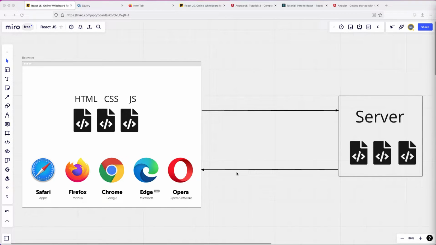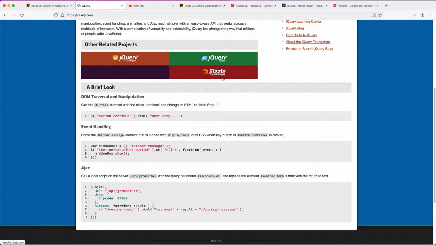Now, eventually jQuery came out, which allowed developers to easily interact with the DOM, or document object model, across all these browsers. So we didn't have that compatibility issue anymore. You can see that we have a JavaScript library over here, that is jQuery, and we have a different syntax for dealing with events, how we can hide and show different elements on the DOM, how we can manipulate the DOM, or how we can send a request through Ajax